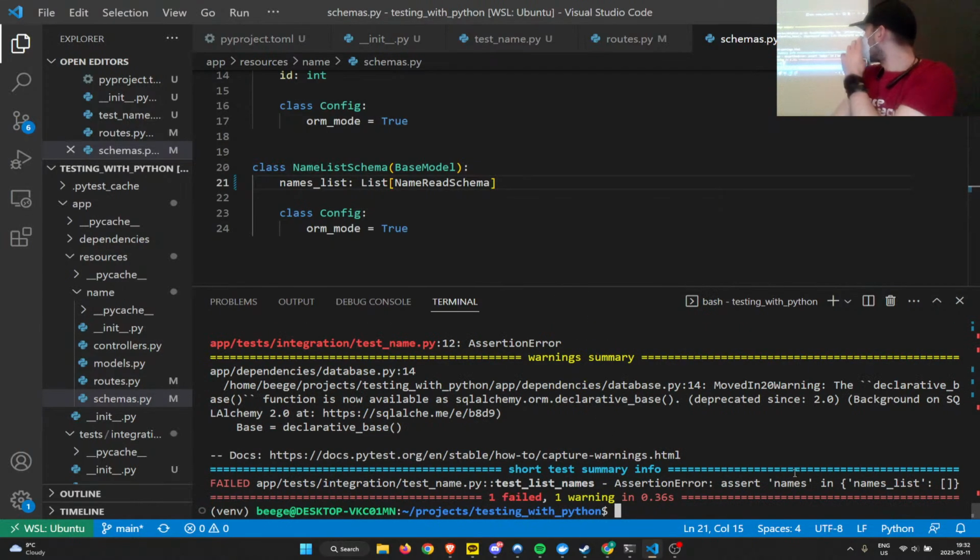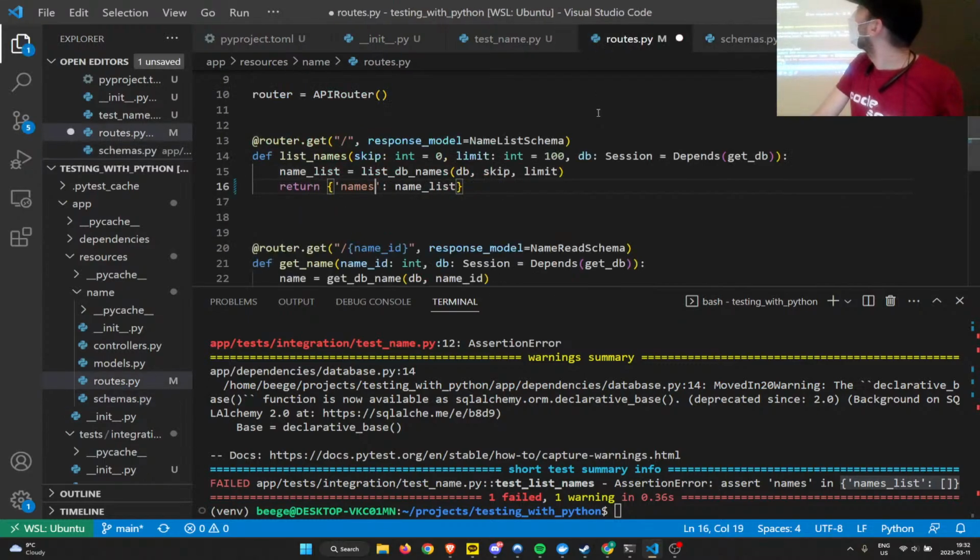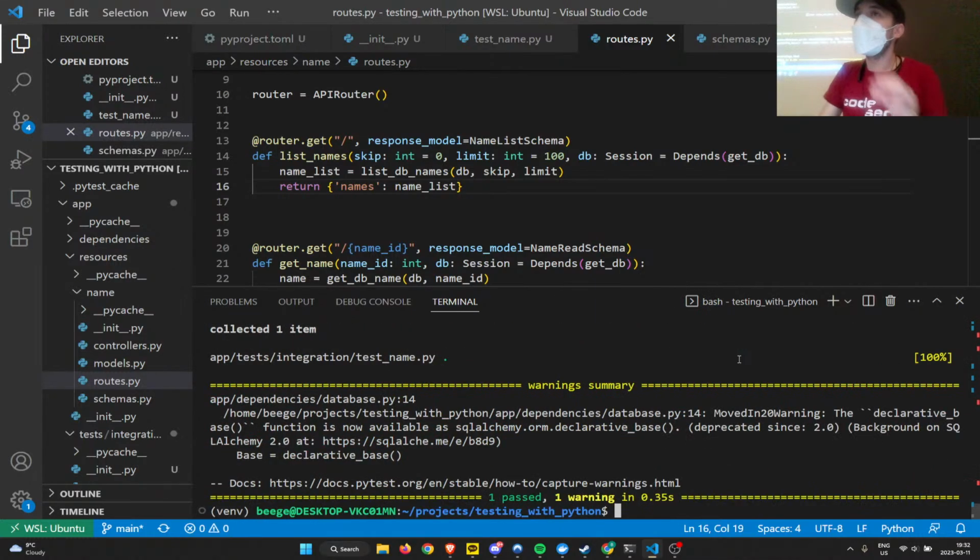But yeah, so assertion error, names is not in the result, which now has names list as the output. Okay, so that's an example of the test failing. Okay, this is no longer a happy path test because the expectation of correct output and the correct output of the test is not good. Okay, so let's get it back to the original state here. Okay, make sure it passes, and we're good. All right, so far so good? Cool. All right, so let's clear this out.